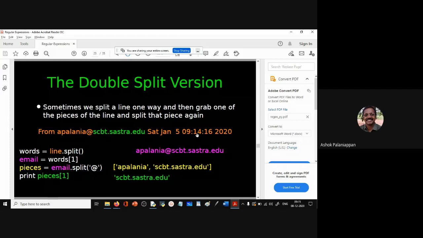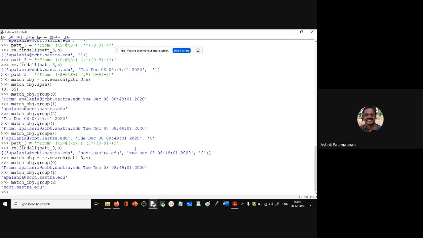Okay. So if you were to do this using string methods, how will you do this? First, you want to split the text on the spaces. Then you will get this email address. Then once you have the email address, you can split the email address on the @ symbol, and again you can do it. So let's try to do it using string methods, just to illustrate. And of course, there will be a lot of problems when you do it with strings. You may get a lot of false matches. We're not even talking about that, but we'll just see one possibility that we can do this using string methods.